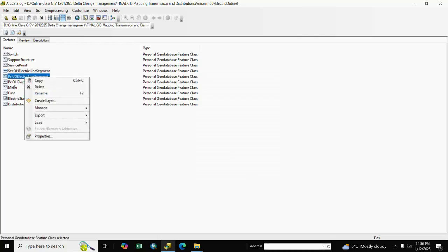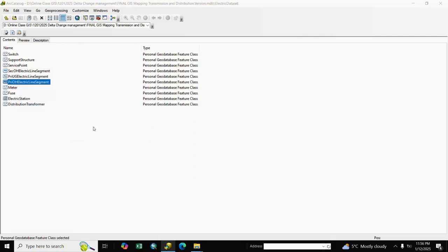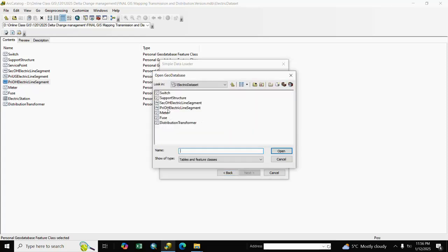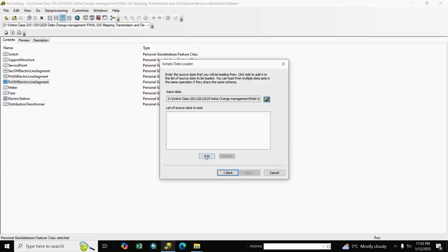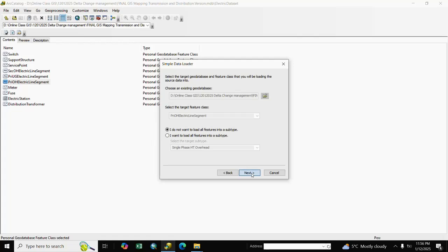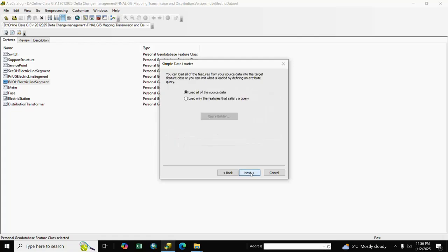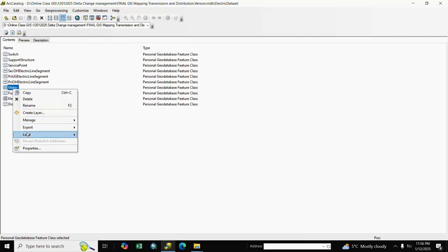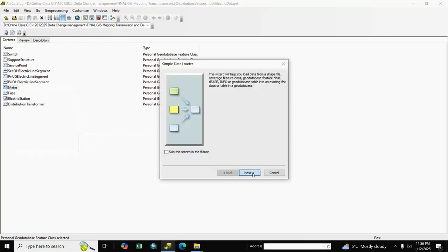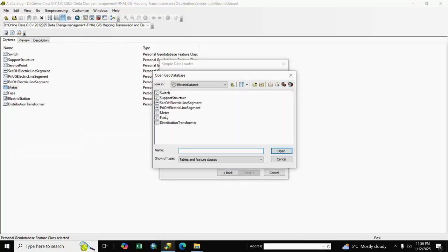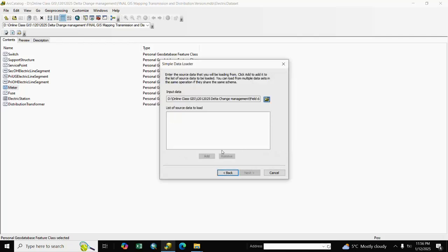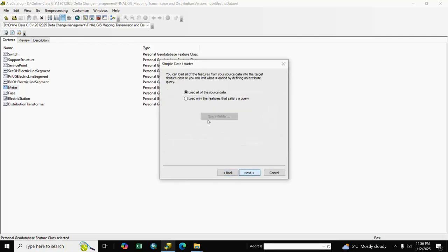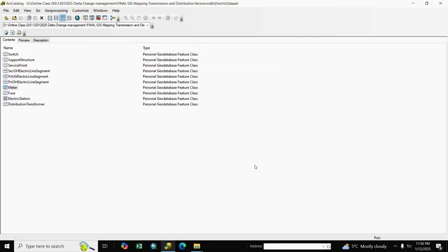And primary OH, we go to load, next, primary OH, open, add, next, next, next, next, finish. And meter, we right click, load, load data, next we select here path, meter, add, next, next, next, next, finish.